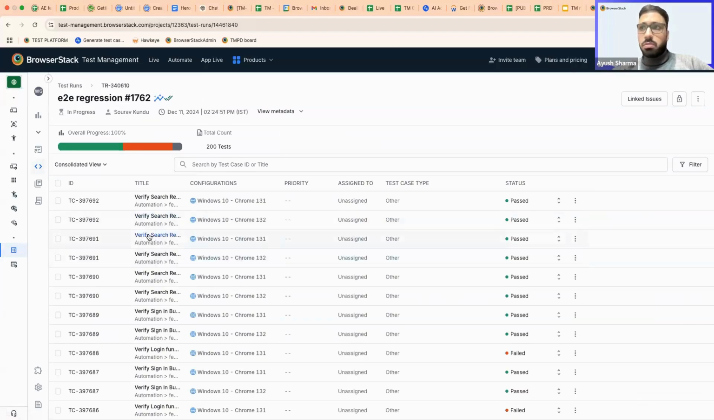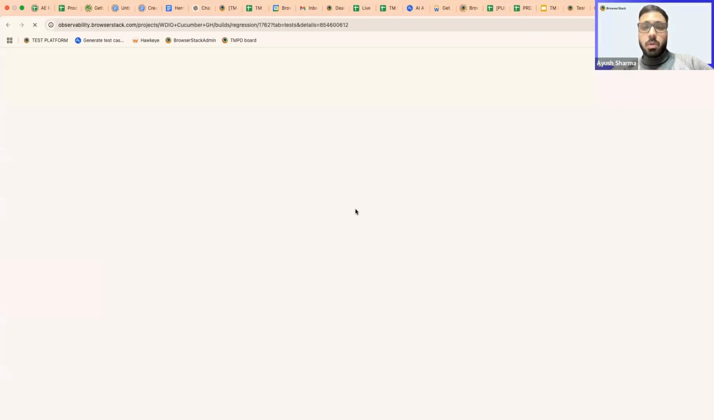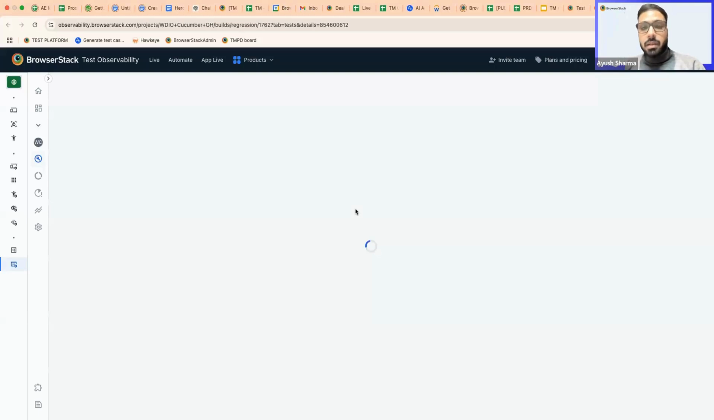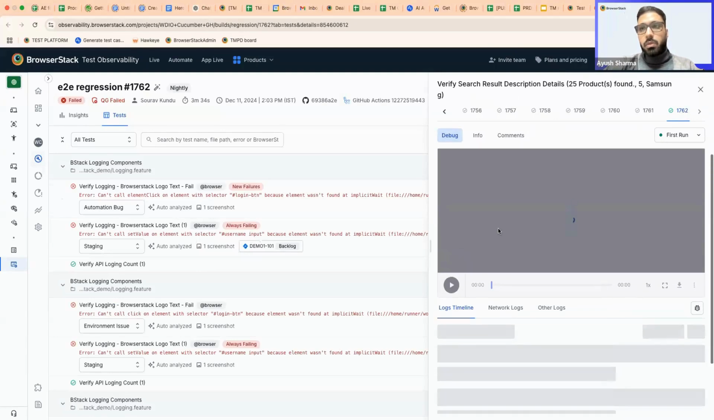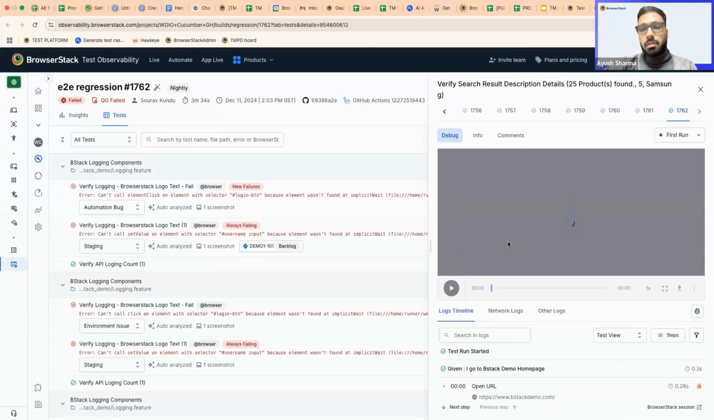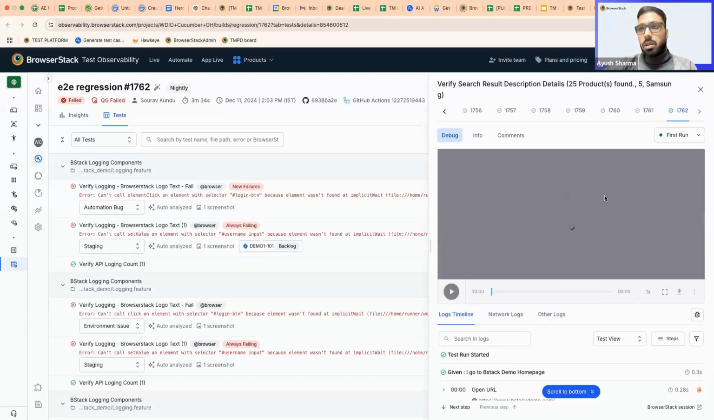And let's say if I want to see how things look, I can just quickly go and see it on the Test Observability product. Test Observability is a product that helps you with a great set of deeper insights around your automation runs and builds. So I can see the video, how the test performed, what were the steps that were followed. I think it's taking